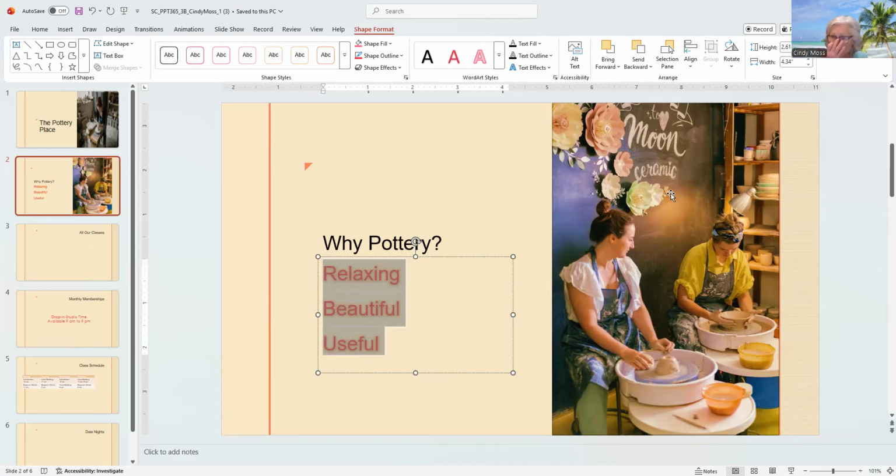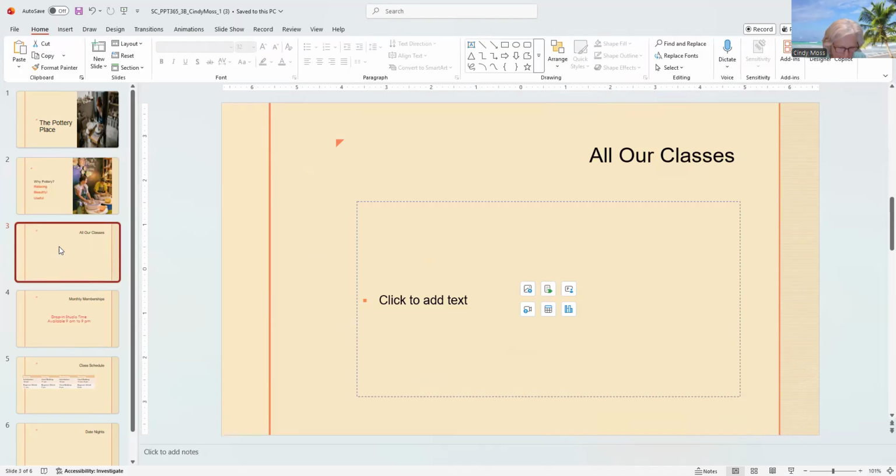All right, so now we're through with slide 2, and we're going to go to slide 3. On slide 3, it tells us to use the content placeholder. That's your content placeholder. If it had just said add a chart, we could have gone into insert chart, but it says use the placeholder, so you have to use that placeholder or Sam